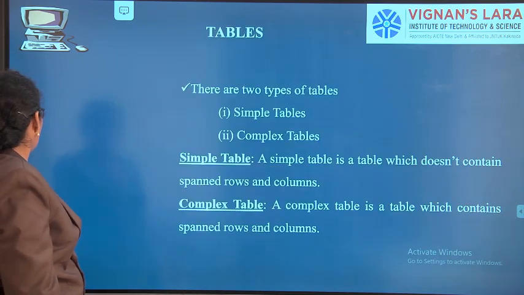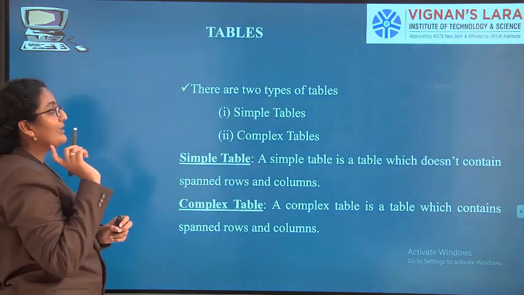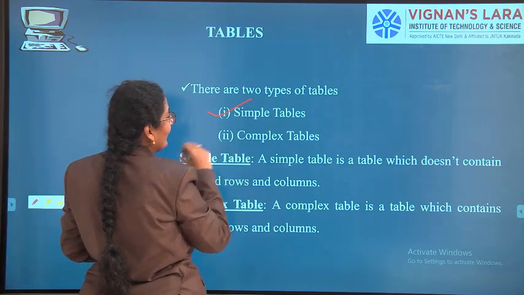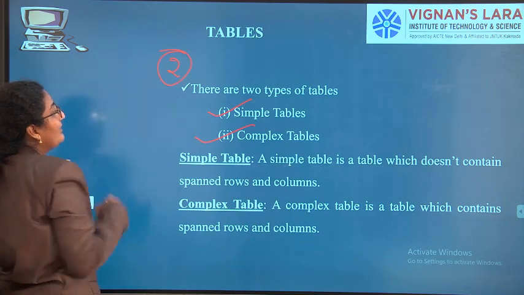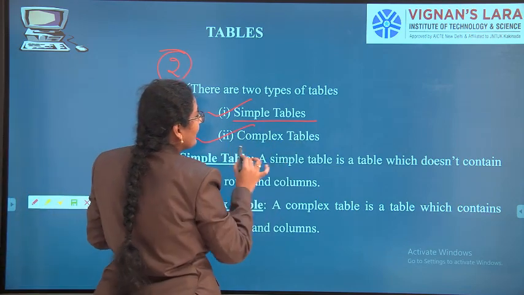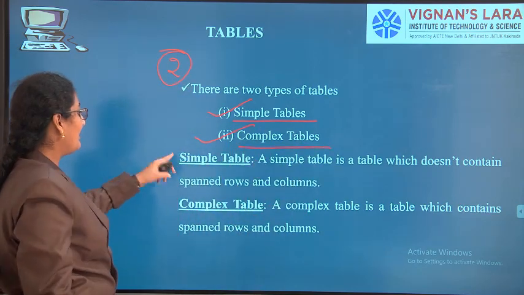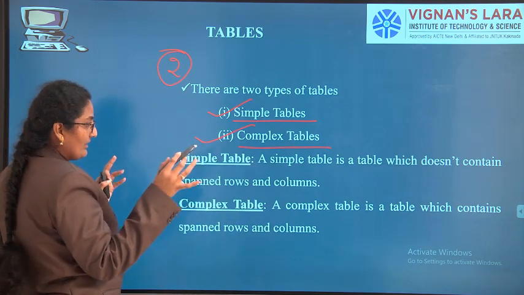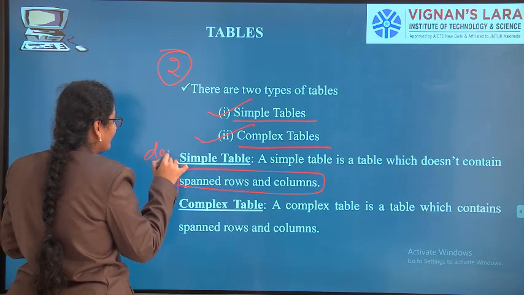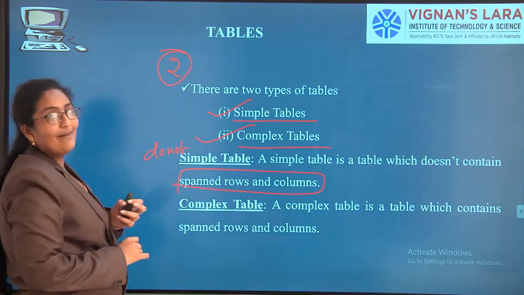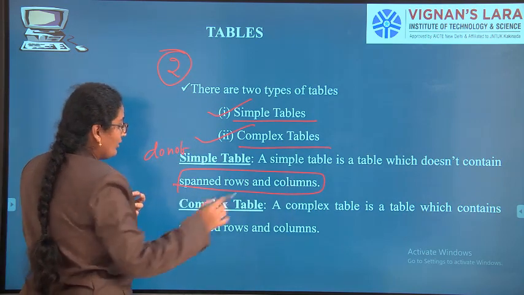So see here, two types of tables we have. Simple table and complex table. Simple table does not have any spanned rows and columns.